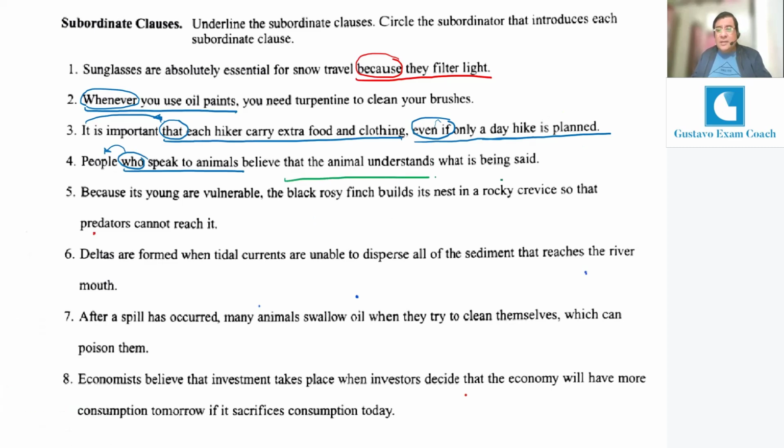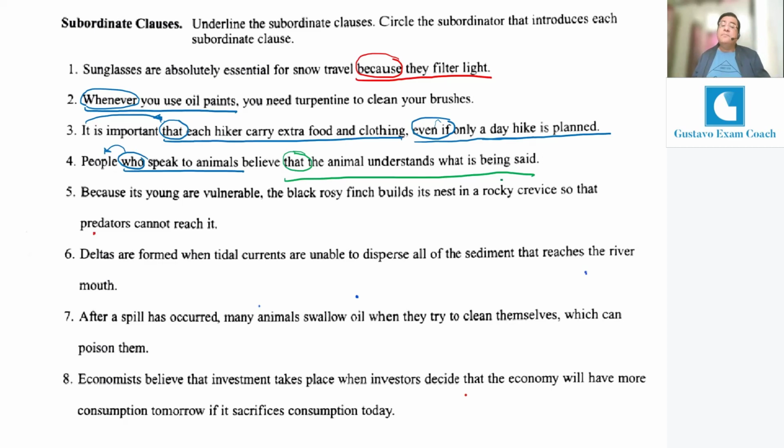All of it is a clause with the subject, the animal, and conjugated verb understands, and the subordinator that, which actually being attached to the verb believe becomes the direct object for the verb believe. So we have this clause underlined in green as a noun clause standing for the function of the direct object